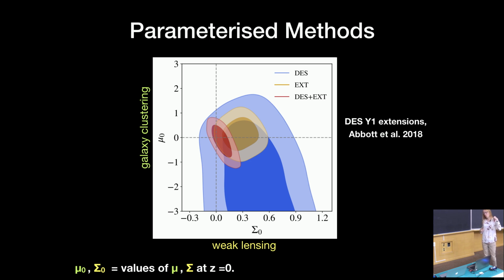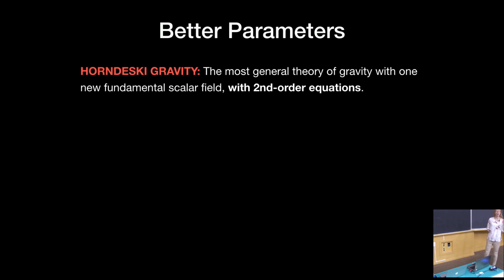So that's why there is work on developing more advanced versions of this parameterized idea. And that is what I'm going to tell you about now. So the next level version of this, you might be able to guess, goes by the name of Horndeski gravity. Okay, and this is the thing that was in the top tier of our recommendations. So what is Horndeski gravity?